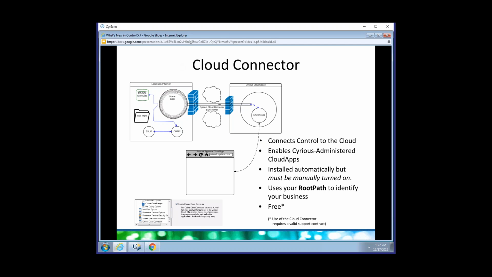The other thing that's coming out after that will be an online artwork approval system. And so this will tie into Control and allow you